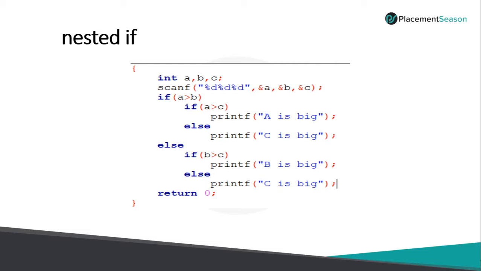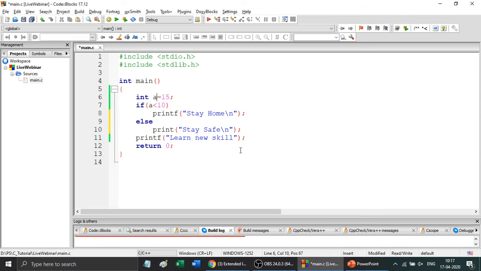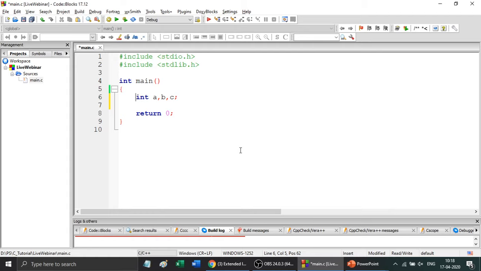This is the simple nested if program which I will display in the Code::Blocks IDE. You will understand in a better way. I'm declaring three variables to get the input from the user. In this program, we are going to discuss how to write a program to check whether the given number is the biggest or not. That is, we are checking the biggest among three numbers. So we are getting three inputs.